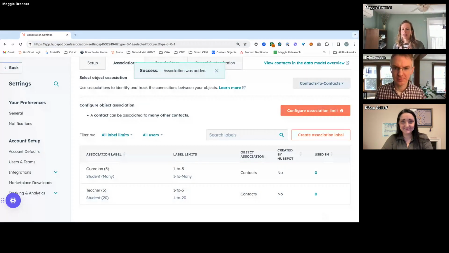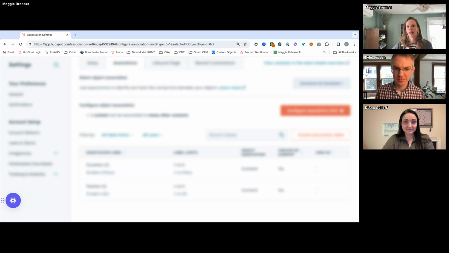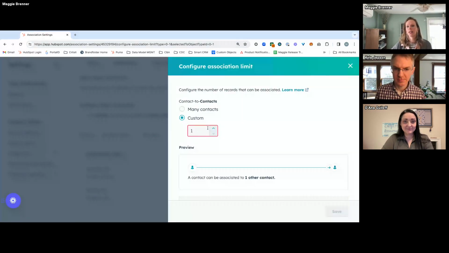In that instance I was creating limits at the label level. You can also create limits at the object type level. It's a little bit funky when you're thinking about contacts, but these two things are related. If I wanted to restrict the number of other contacts that one contact can be associated to, you can do that as well. The system will not let you set it lower than the labels because it'll create a funky